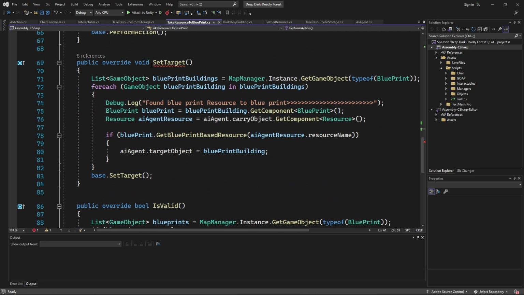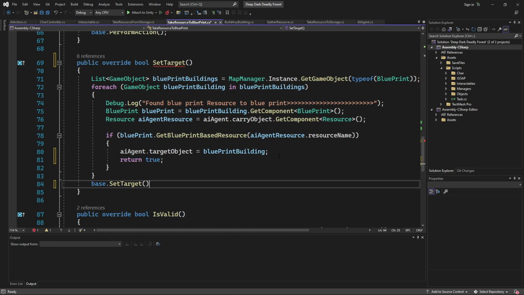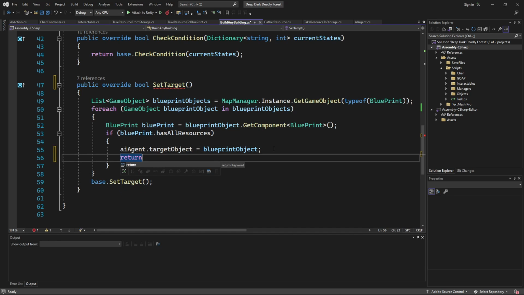We're going to get an error. Change this to a boolean. Return true. And this will return false. Alright, building, bool, return false.